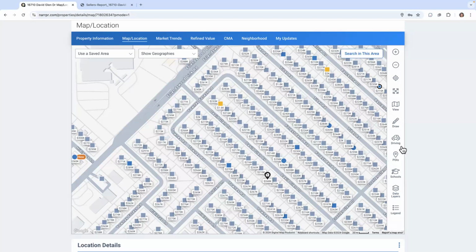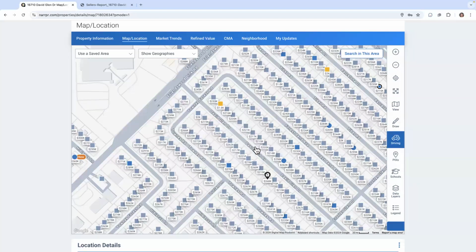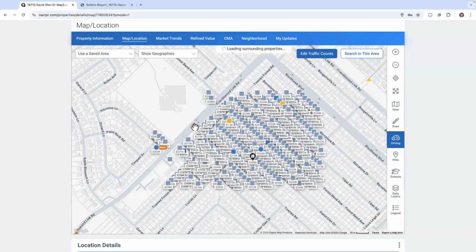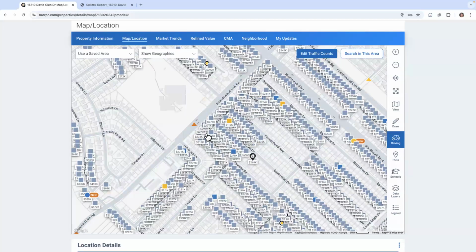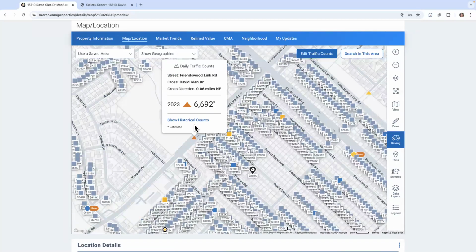So in RPR, we have map tools over here to the right-hand side. And under here, we have driving. And then under driving, we have traffic counts. And I can apply these traffic counts. And if I zoom out a little bit, you won't get it for these little neighborhood roads. But if you have that seller that's on this outlier, right? I could come in here and say, all right, well, this road has 7,000